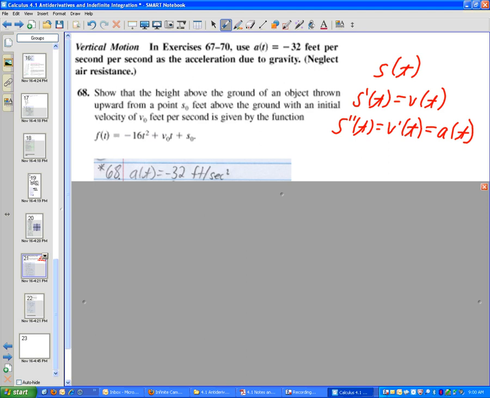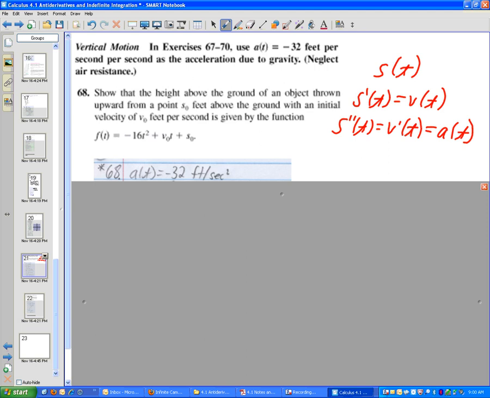Now, we can turn all that around. If I take the antiderivative of acceleration, what do I get? Velocity. And if I take the antiderivative of velocity, what do I get? Position. Okay? All right, so if I know that a of t equals negative 32 feet per second squared,